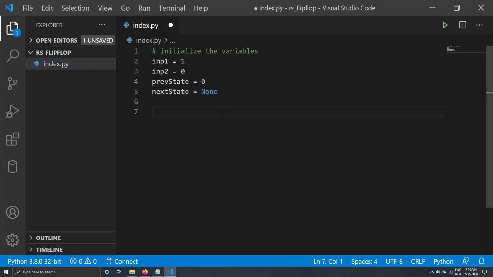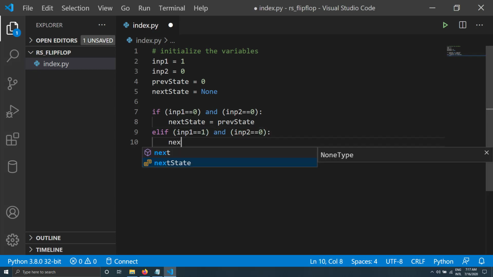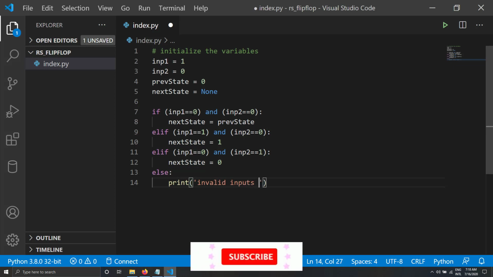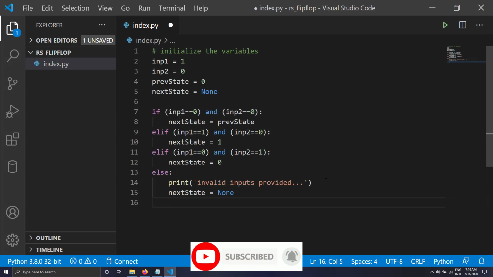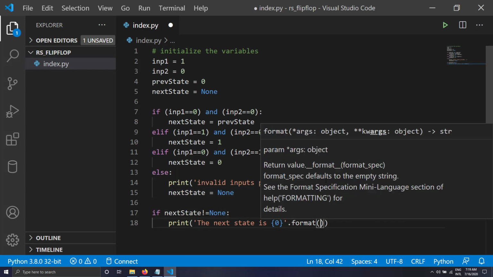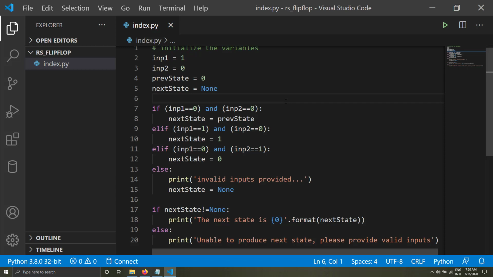Now I'm going to use an if statement to compute the next state based upon the previous state and the 2 inputs. To derive the next state, we have used an if and else if statements.